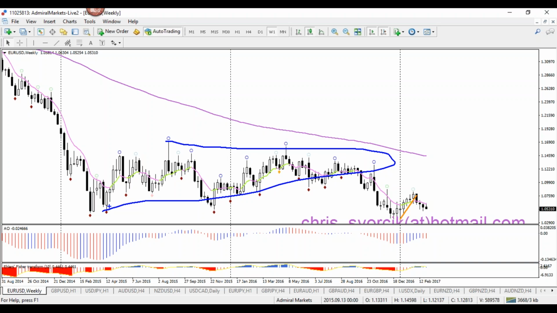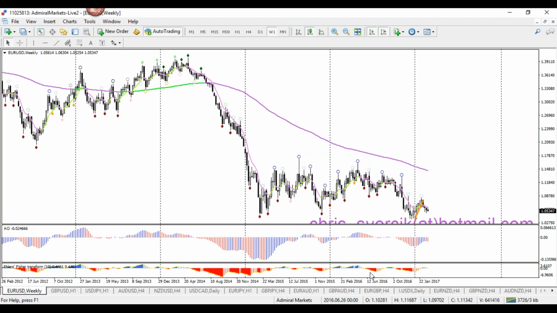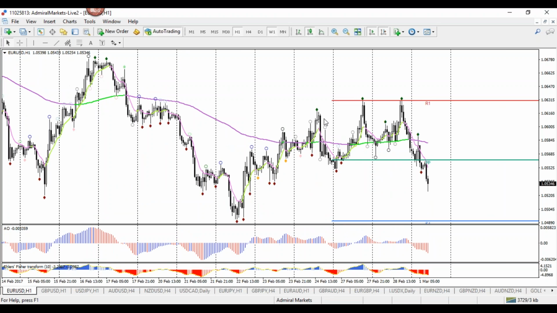It could be used for stop losses, right? You might look for the invalidation level. It could be used for take profits. It doesn't have to be necessarily for entries. With stop losses, for instance,